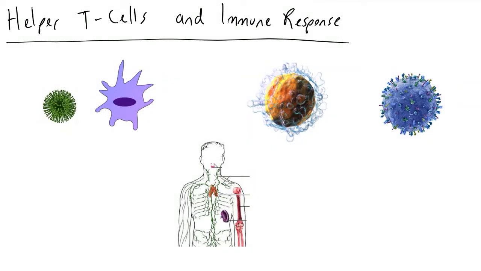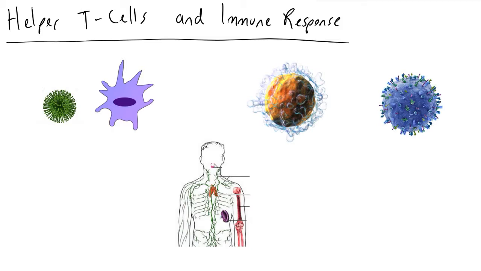Hey guys, in the last video we talked about T cells in general, and now I'm going to get a little bit more specific about what one type of T cell does, your T helper cell. I want to make it very clear that your T helper cells and T killer cells, or cytotoxic T cells, are two very distinct classes of cells. The only thing that holds them in common is the fact that they both mature in the thymus. So I'm going to focus explicitly on helper T cells in this video